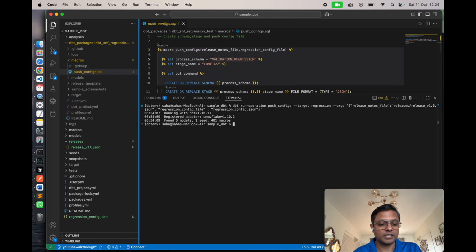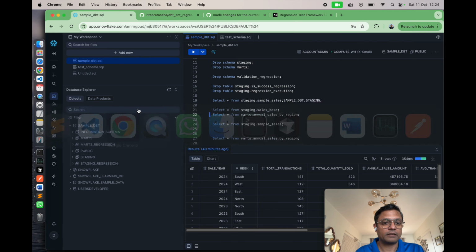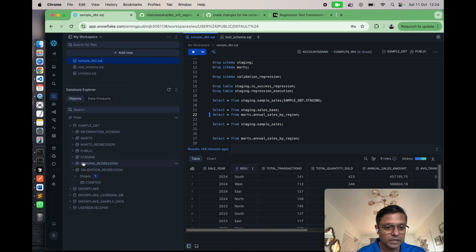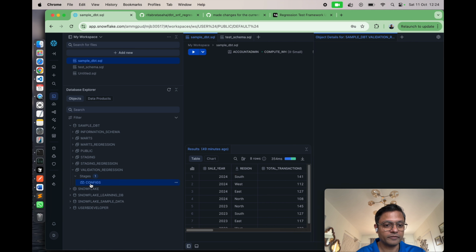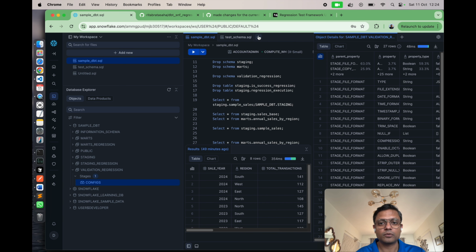Perfect. It is executed successfully. Let me go back to my database and check it out. Wow. You can see that the validation regression schema is created and there's a config stage. Let me go ahead and execute